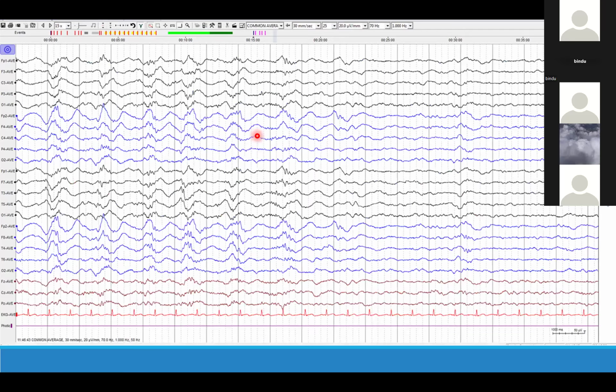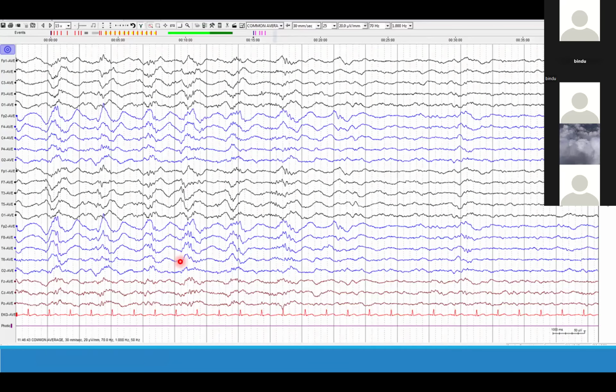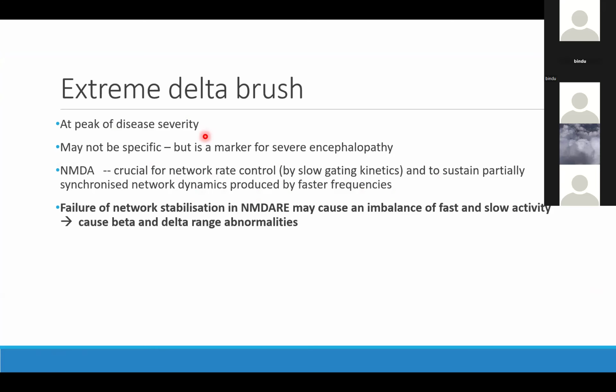This is similar to neonatal EEG. This is a delta brush in neonatal EEG, where there are delta waves superimposed by fast activity. So delta brushes are already being described in neonatal EEGs. So this similar finding in NMDA encephalitis was called delta brush. And this extreme delta brush is